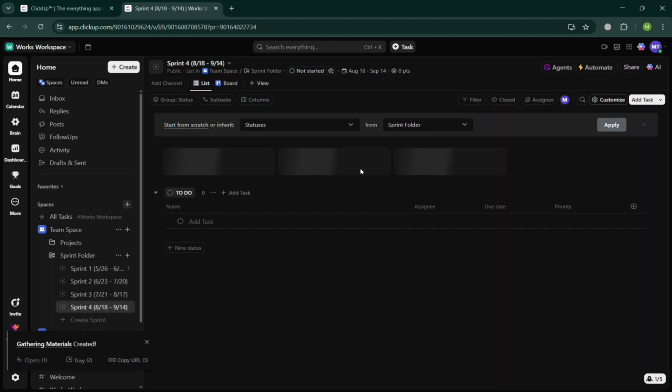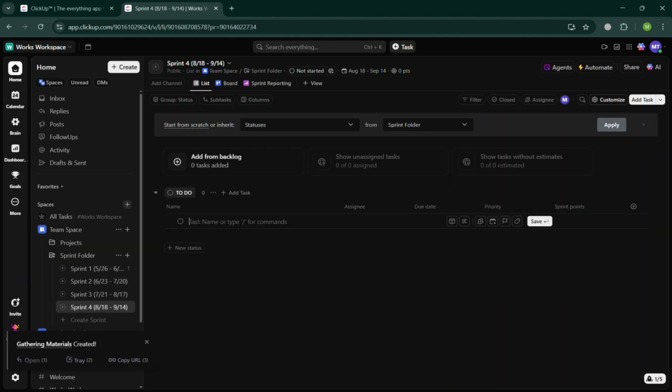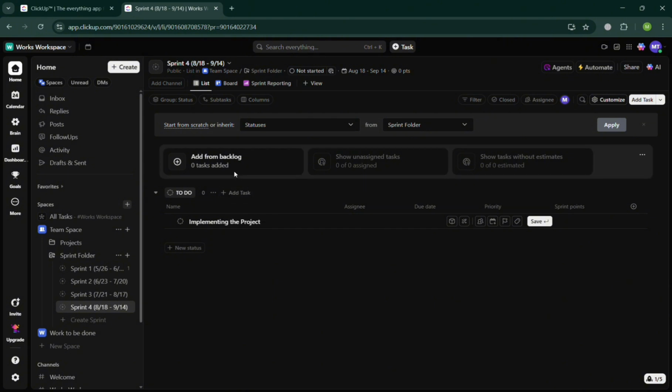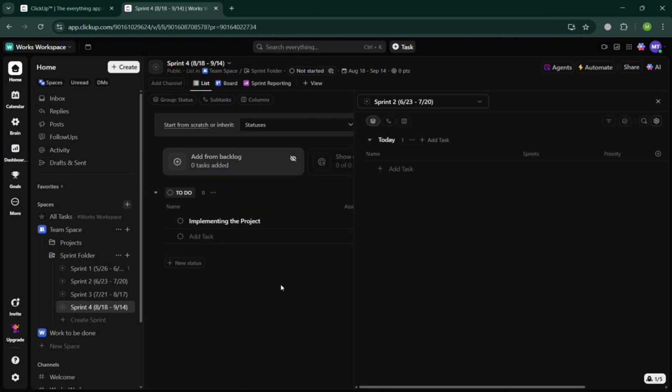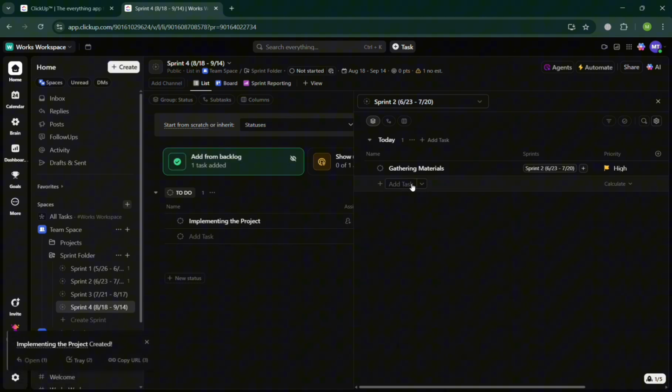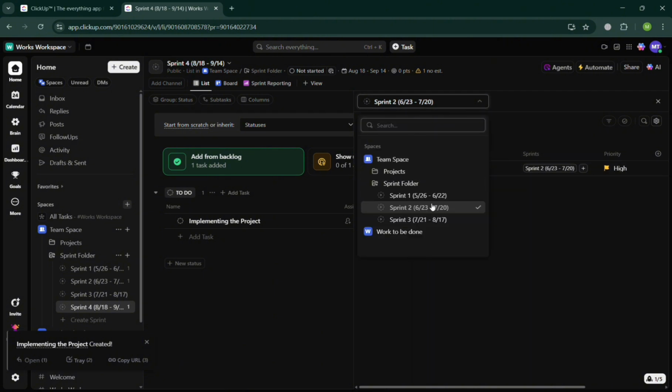Moving on, for the last sprint, for example, I'm going to add the final step of the process of the project, which is implementing the project. But you could also add more from backlog in here. And on the right side panel, just choose which sprint folder you wanted to add. For example, as you can see, we're currently under the sprint 2. You can add here more, but you can choose different sprint if you want to, for example, sprint 3